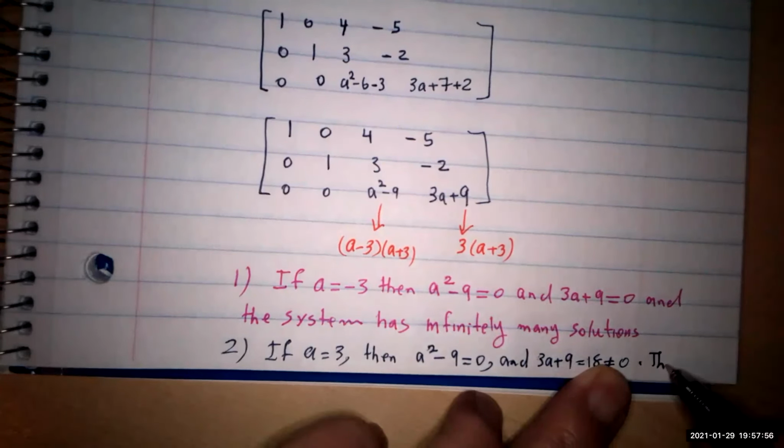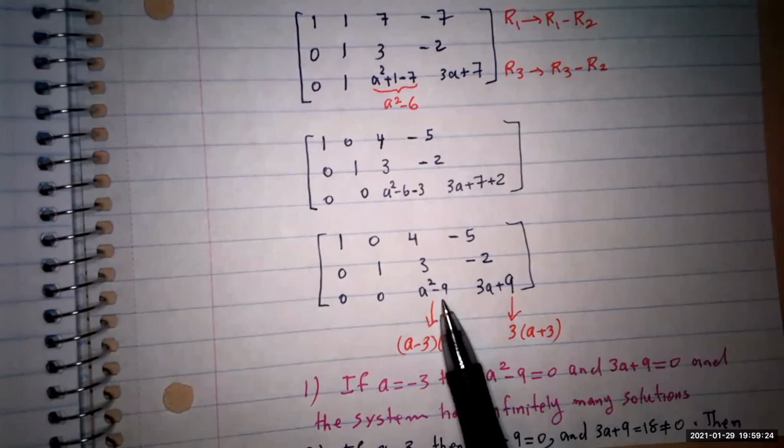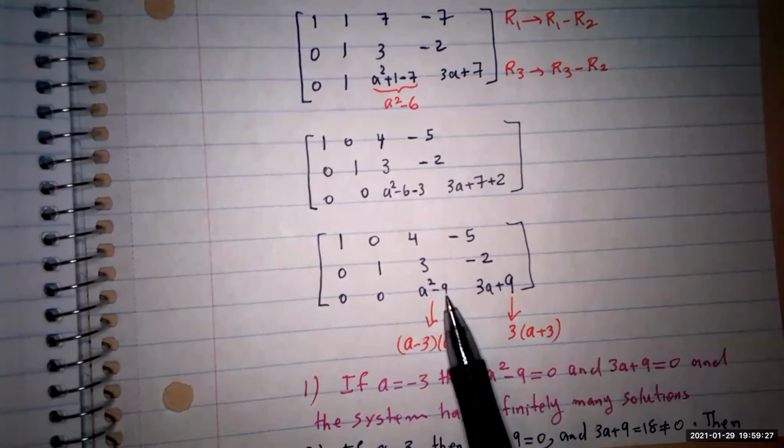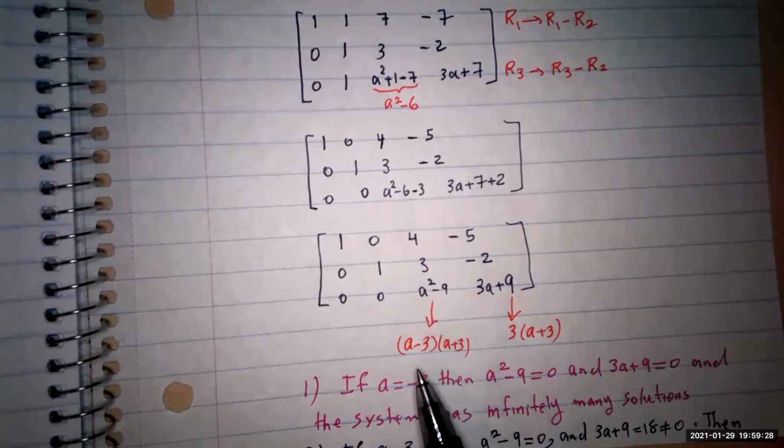So if you get a 5, 6, 7, that gives you 5 x3 equal to something, even if that something is 0. So you have to guarantee that this number is not going to be 0, because this is the coefficient of the x3, or the coefficient of the z. So this is going to be non-zero if a is not equal to 3 or a is not equal to -3. Okay, so the third case,